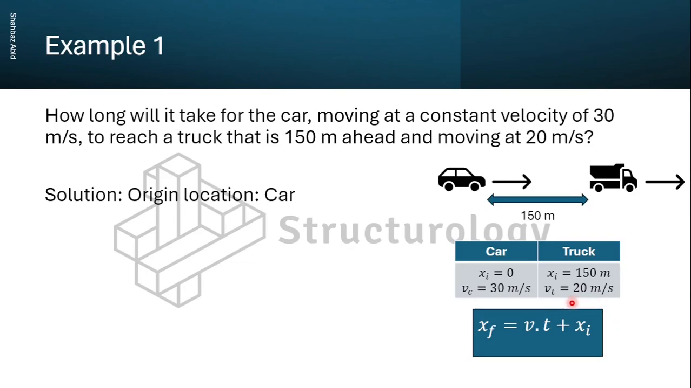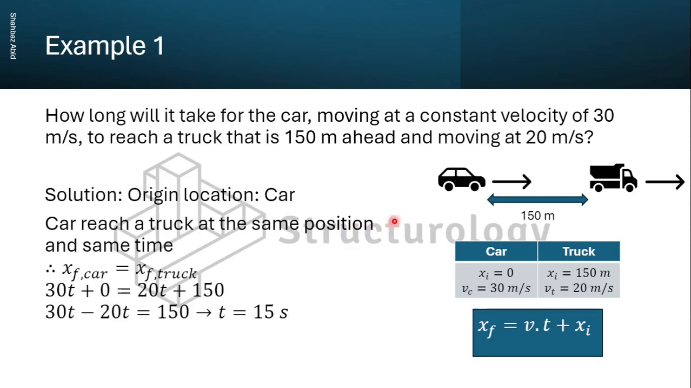The trick behind this problem is that when the car and truck meet, the car is going to reach the truck at the same position, and the time is going to be the same as well. So in other words, the final position of the car is equal to the final position of the truck. The final position of the car is going to be velocity of the car times t, which is unknown, plus initial position of the car. So it's going to be 30 times t plus 0,